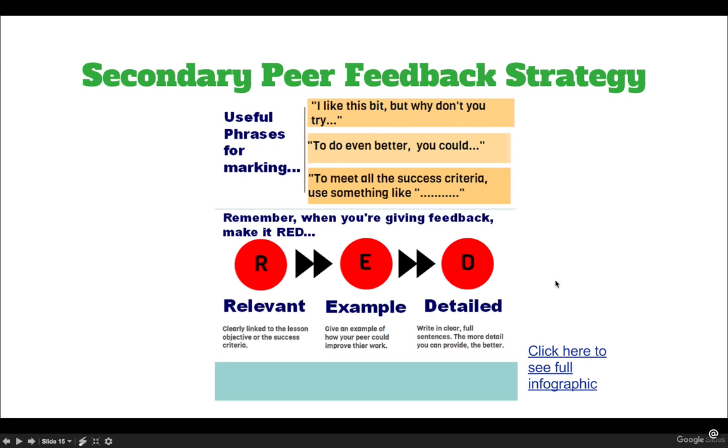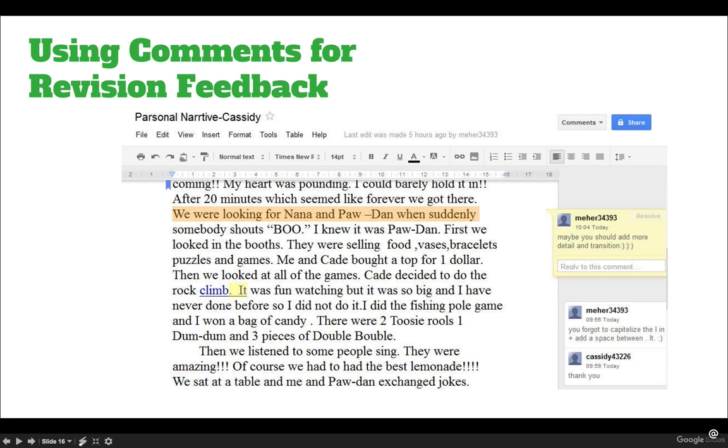But again, setting these in front of students so they have something, and you model it for them, and they have something to work off of, I think you'll see that your peer feedback will improve. And so another thing that we can do is use comments for revision feedback. Having that dialogue on the side of your paper,